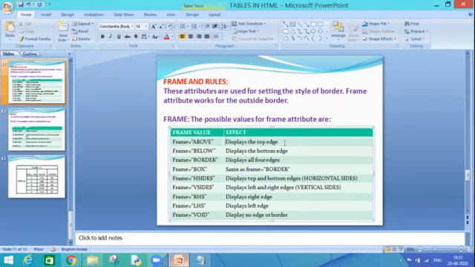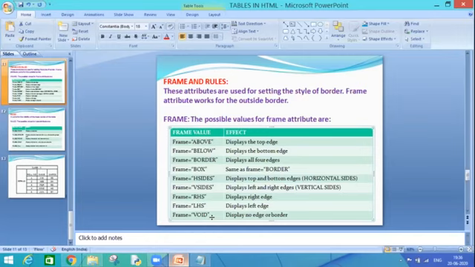Border means all the four sides. Box is again similar to border. H sides means horizontal sides. So if I talk about horizontal sides, then it is top and bottom. Next is V sides. V sides means vertical sides. Vertically, if I talk about, then I am talking about left and right. RHS, right hand side edge, LHS, left hand side edge, and void. Void is a word basically we use for empty value.